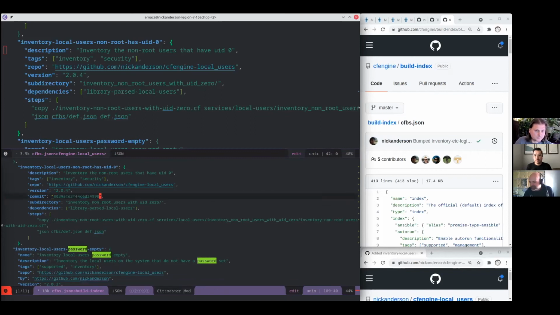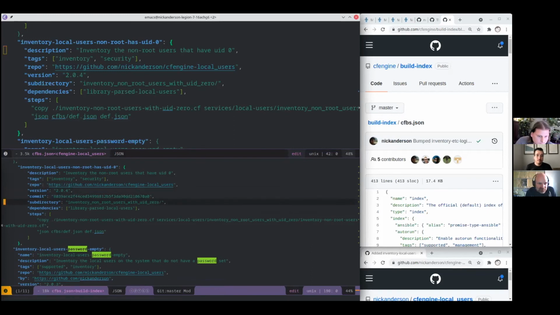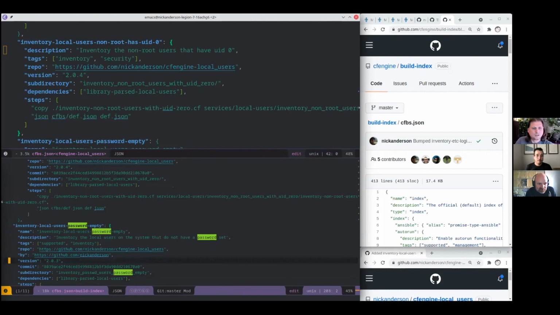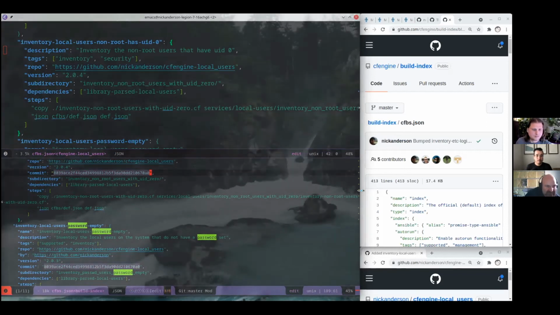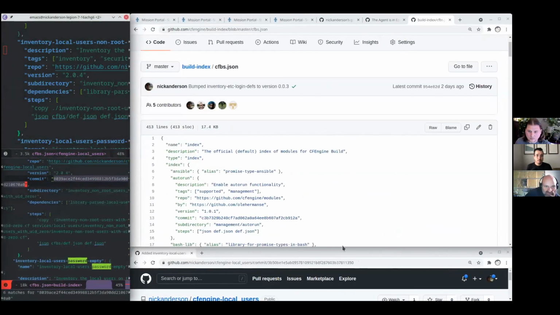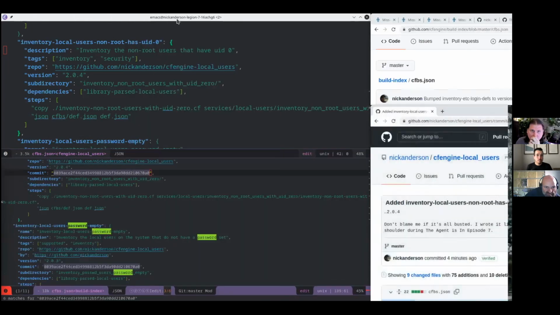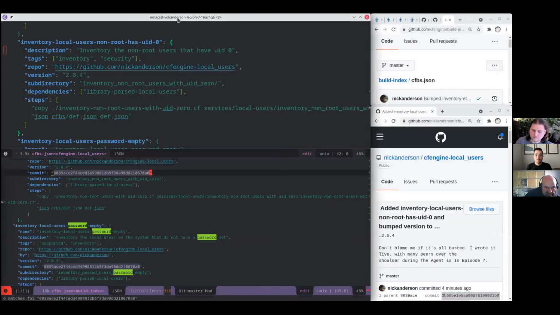Undo. All right, I need to grab this. Grab the version too. I'll need to grab those two version lines. But I need to get the SHA first, this SHA. And then